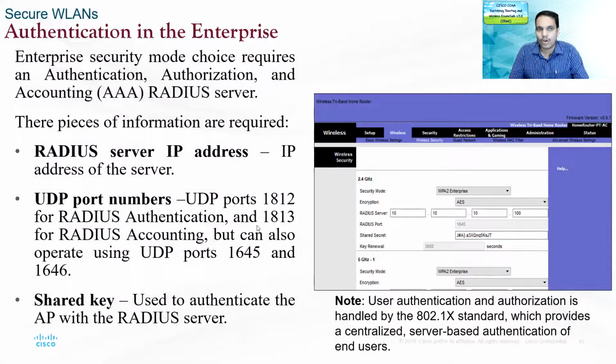So moving on, if you talk about authentication in an enterprise network setting, this requires an AAA, which stands for Authentication, Authorization, and Accounting, RADIUS server. Three pieces of information are required for this to happen. The first one is the server's IP address, and the next one is the UDP port numbers. UDP ports 1812 for RADIUS authentication, 1813 for RADIUS accounting, but you can also operate using UDP ports 1645 and 1646. And then the most important thing is your shared key, which is used to authenticate the access point